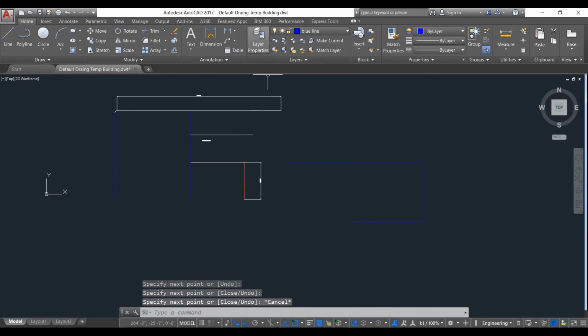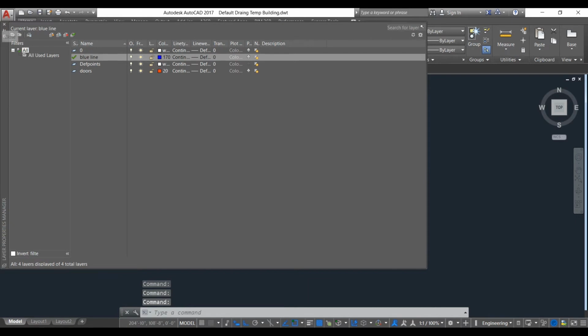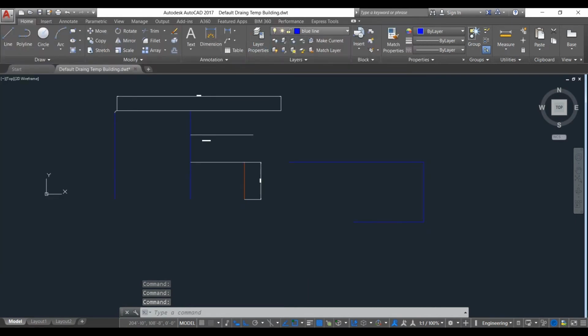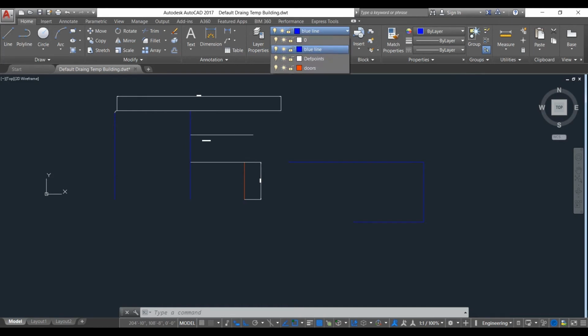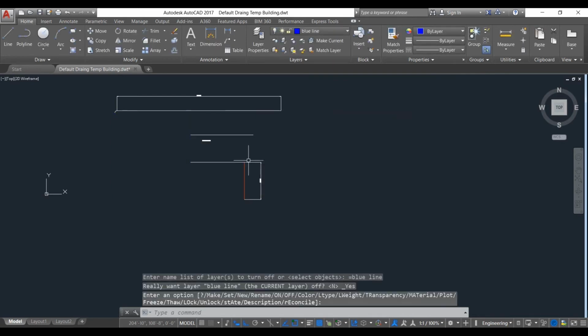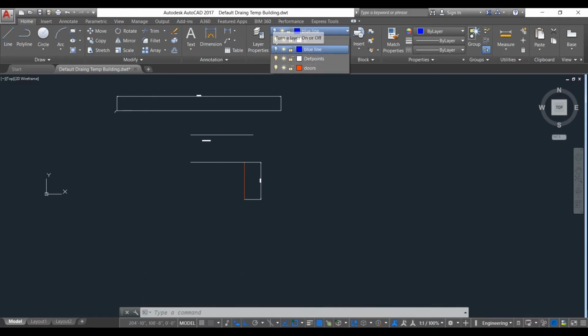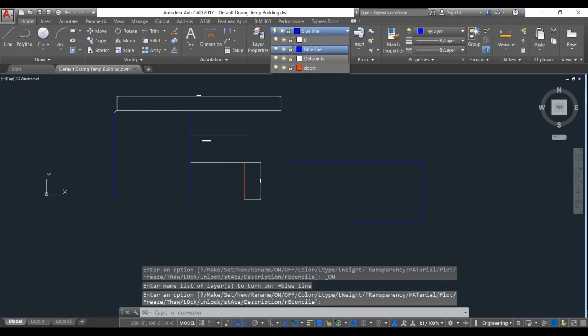The benefit is that when we use large projects, we can turn different layers off and on to be able to see those objects clearly. Suppose I don't want to see this blue layer, just turn it off there, and as you can see, now the blue layer is just hidden, but it is still there. You can turn it on by this bulb icon. This is our layer button. We will learn more about it in our projects.